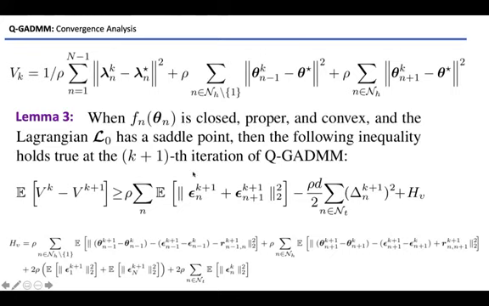We also have another lemma. This lemma introduces this inequality. This inequality says the expected value of the difference between the optimality gap at iteration k and k plus 1 is upper bounded by this value. In fact, if k plus 1 is one step toward the optimal solution, then this expected value should be greater than or equal to 0. So we see this is a positive term, and H is defined here as a positive term, but this one may not be positive. However, delta_n^k is decreasing over iterations, and eventually this will go to 0,